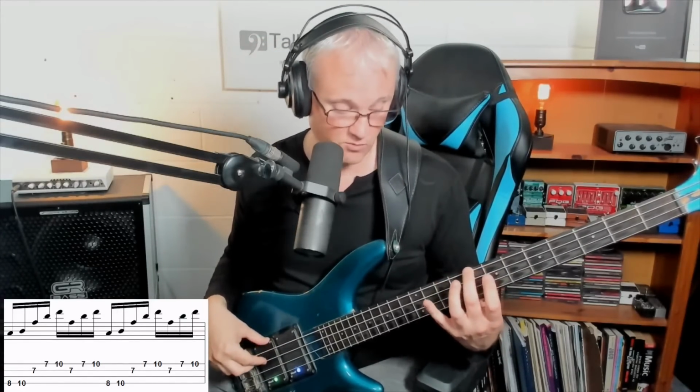Again, I'm starting with the second finger of the picking hand, second finger on the fretting hand, fourth finger, first finger joint barring, and then fourth finger. So I pick 2, 1, and then I'm on 2 again when I get to the D string. That might seem a little bit weird, but